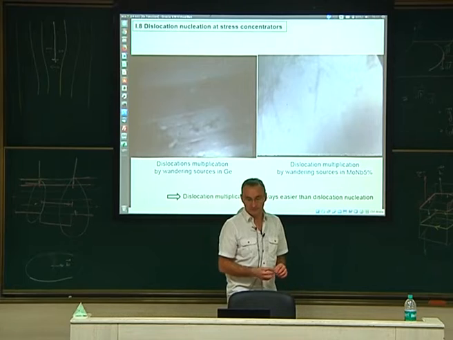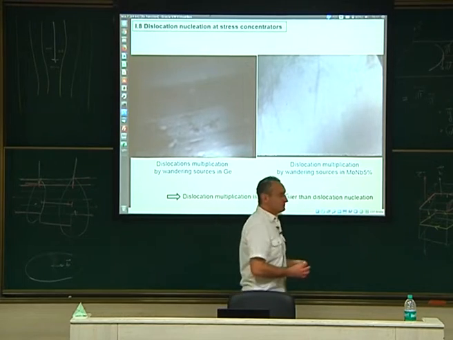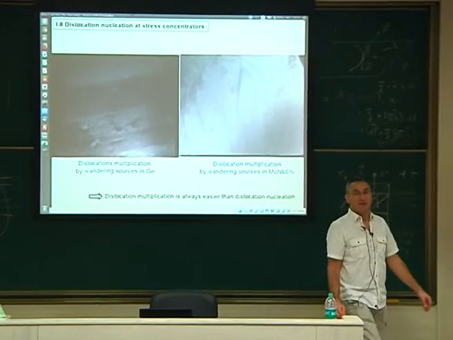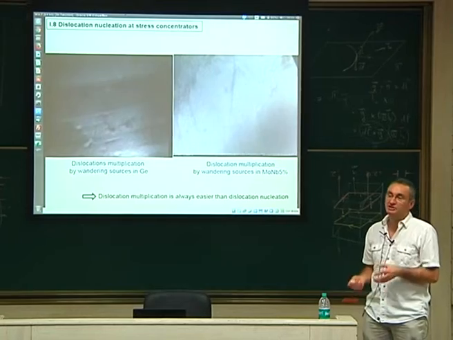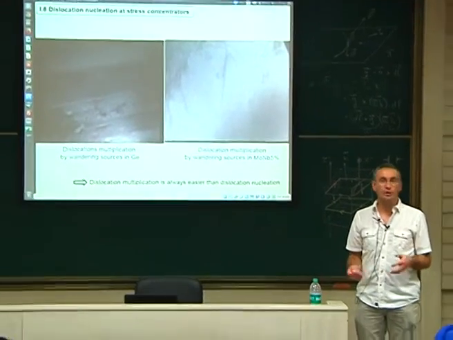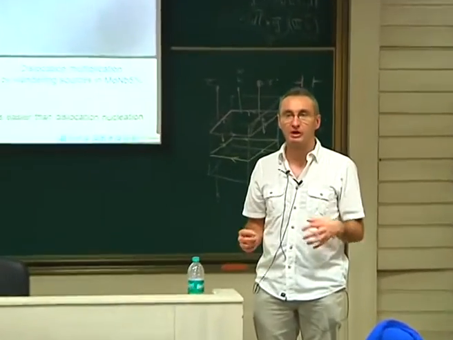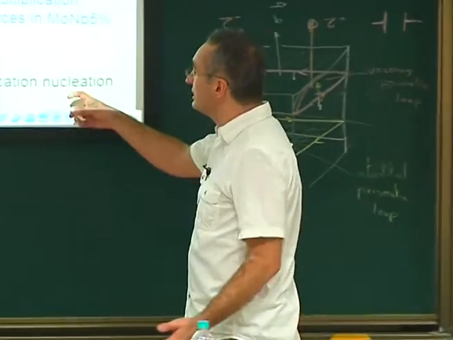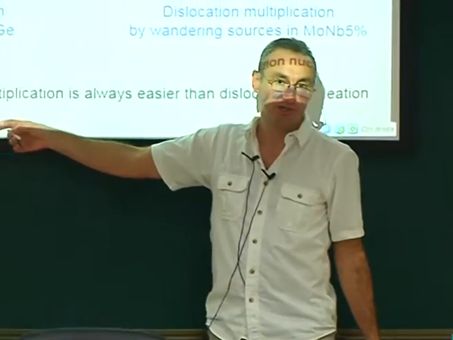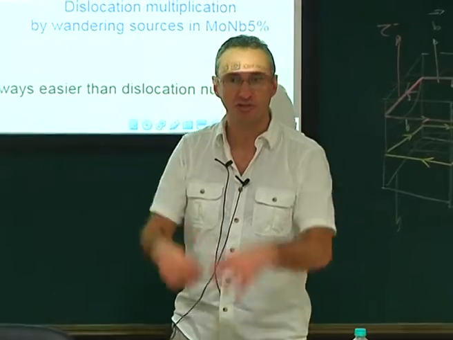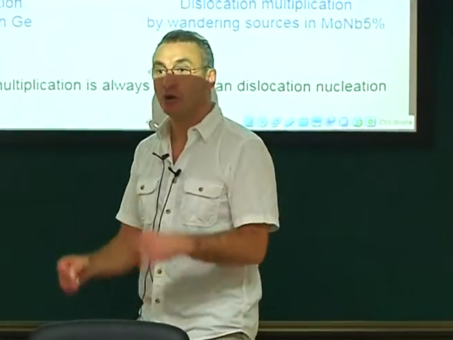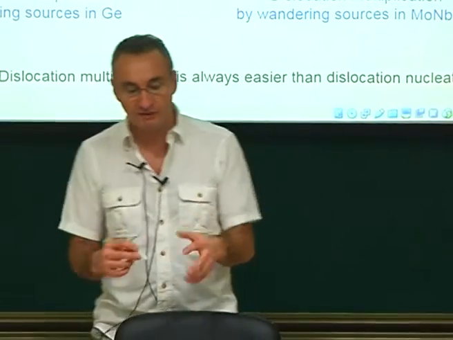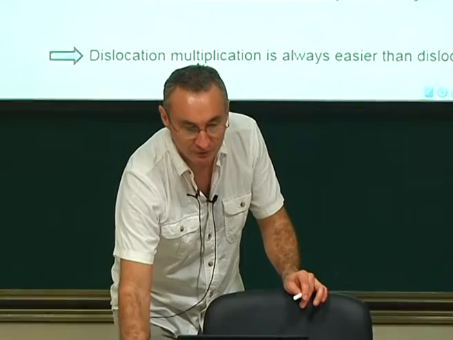And another one here, what was my conclusion for this lecture is that the nucleation process is not a key mechanism in plasticity. You always have enough dislocations usually to accommodate plasticity. So the key process will not be nucleation, it will rather be multiplication. It's very easy to multiply dislocations, to make thousands of dislocations out of a single arm, rather than nucleate a new one, which costs a lot of energy.